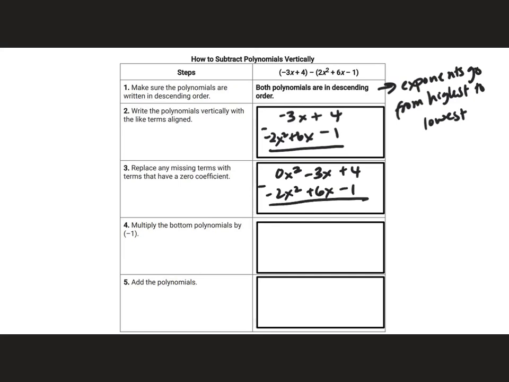I'm going to multiply the bottom polynomial by -1, so I'm going to distribute this -1 to every single term in the bottom expression. So I have 0x squared minus 3x plus 4, because I didn't do anything to that. I have -1 times negative 2x squared, which is positive 2x squared. I have -1 times 6x, which is negative 6x. I have -1 times -1, which is